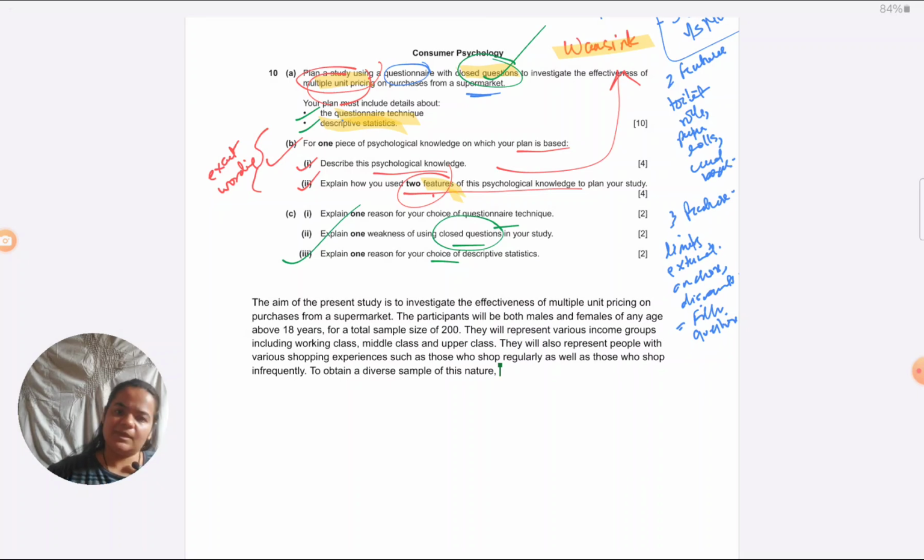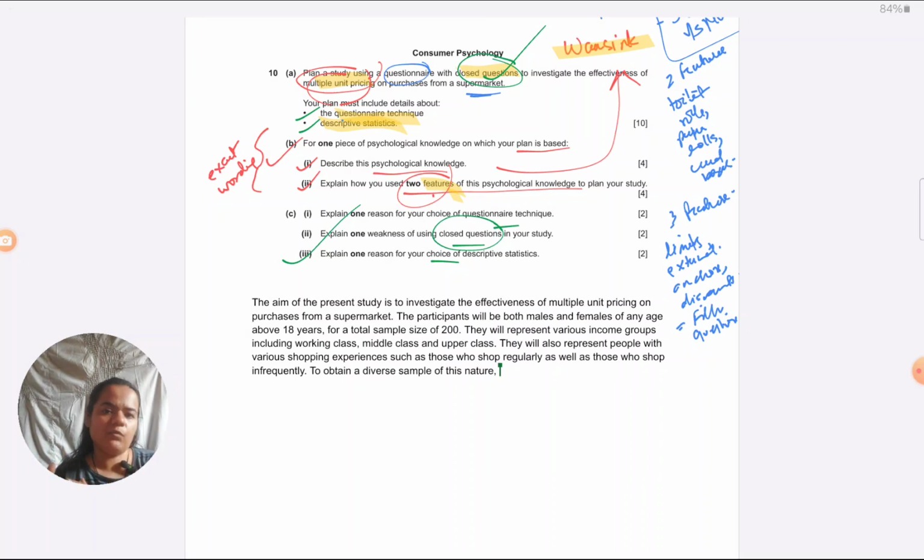As I've mentioned in my previous videos also, I feel random sampling is something students don't cover well, so just avoid taking that. Take opportunity or volunteer sample. Now I remember again when this question came up, many students took it very literally. Like, when they've said MUP from a supermarket, they thought that it has to be one specific supermarket, and so they'll have to do opportunity sampling because they'll have to go in that particular supermarket only to do the study. That's just a way of phrasing the question. From a supermarket, they mean any supermarket. So they're talking in a generalized sense. It does not have to be from one particular supermarket.